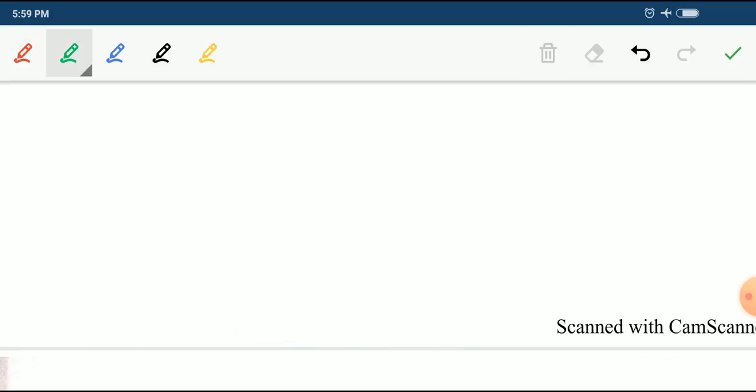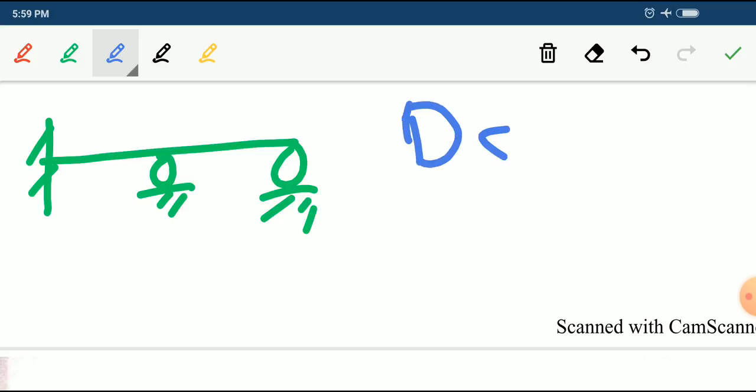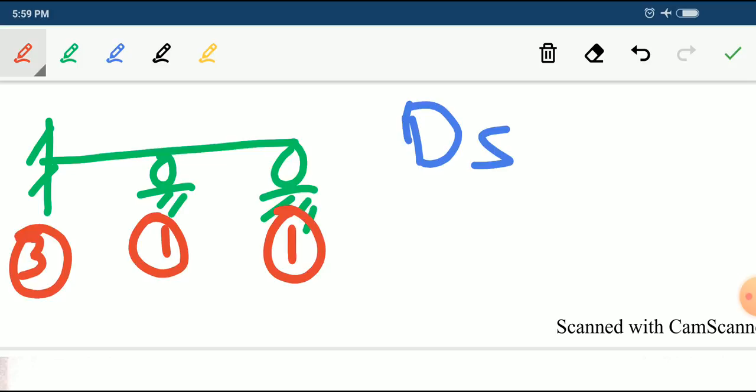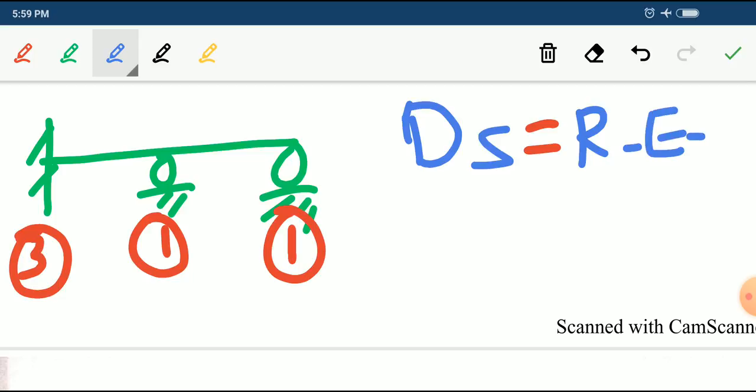Okay, next. So this is the beam, and here this is roller, and this is roller. Okay, so what is the Ds of this beam? Just pause it and find out the values. For this one fixed support, how many reactions are there? Here there will be 3, here 1 reaction, here 1 reaction. I already told you at the start of the lecture. Okay, so the formula will be R minus E minus H dash. So what is the value of R? Number of reactions 3 plus 1 plus 1, that will be 5.